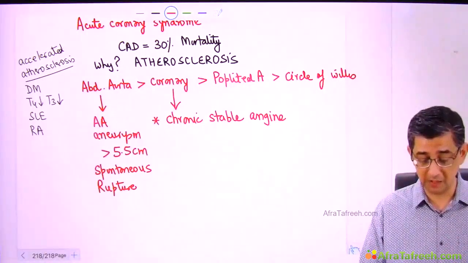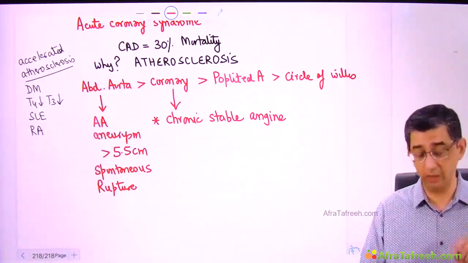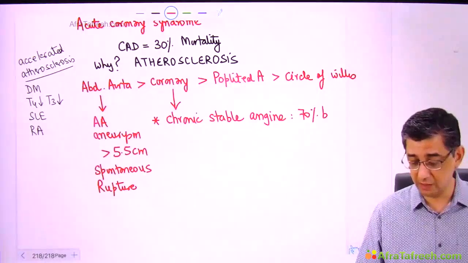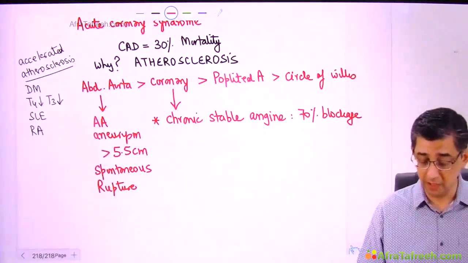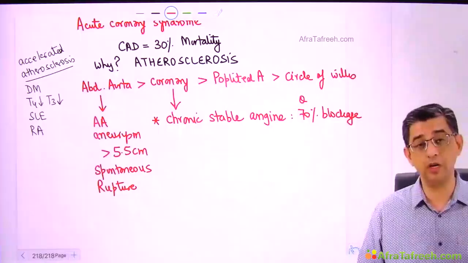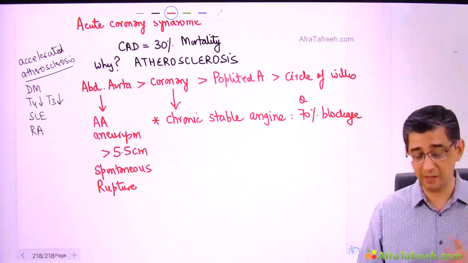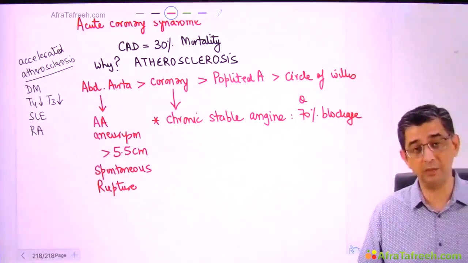This kind of presentation that I'm going to explain to you subsequently, where you get chest pain, especially on exercise, is seen with at least 70% blockage. That is itself a question: how much percentage of blockage should be present in any one coronary artery to cause symptoms developing in a person of chest pain on exercise? That is going to be answered as the value that I've written, 70%.